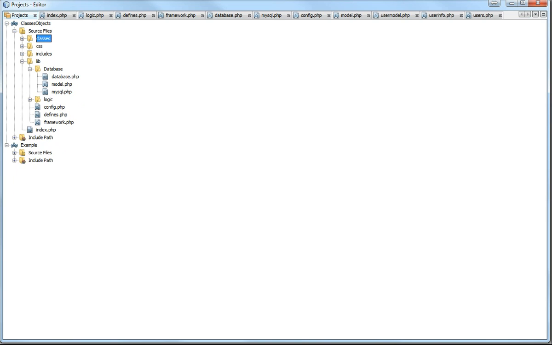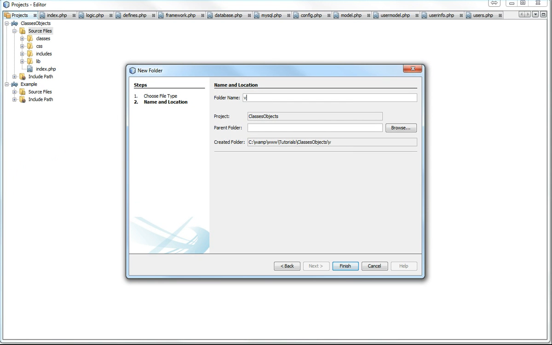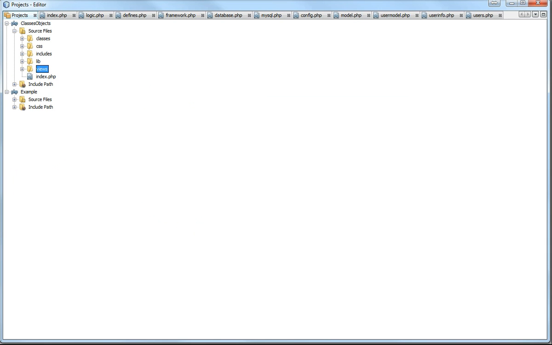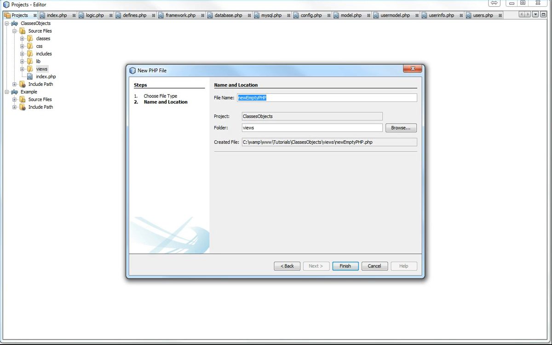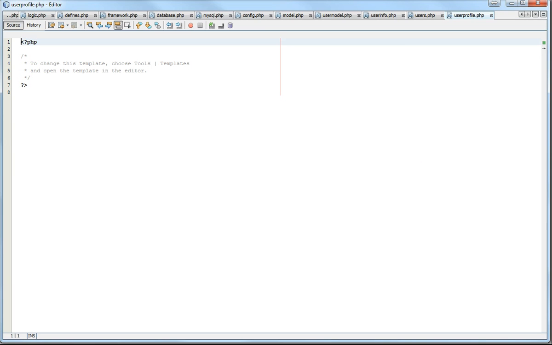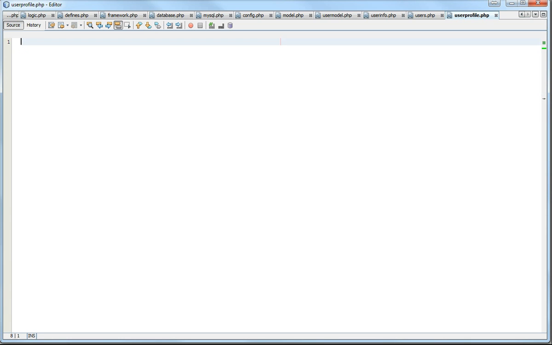So what we're going to do here is, under our source folder, we're just going to make some views first of all, and a nice simple one. We're going to make a PHP file, and we're going to call this user profile. Nothing spectacular, and we're just going to get rid of all this junk there, because we're just going to chuck some HTML in the page. Now for the time being,